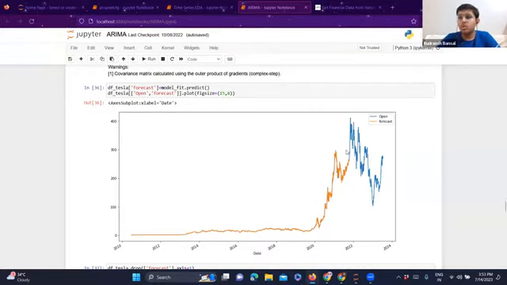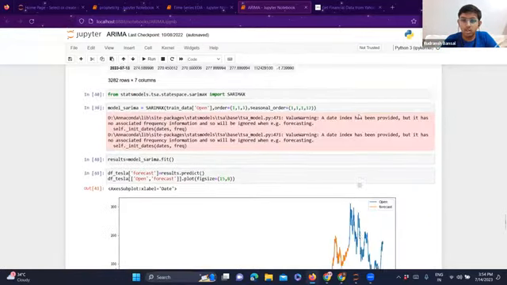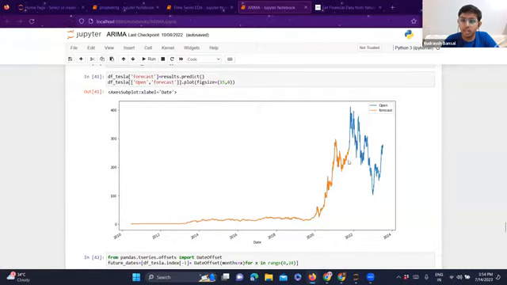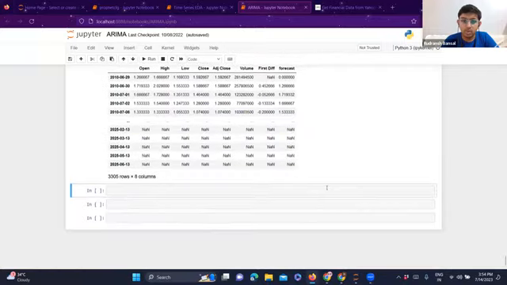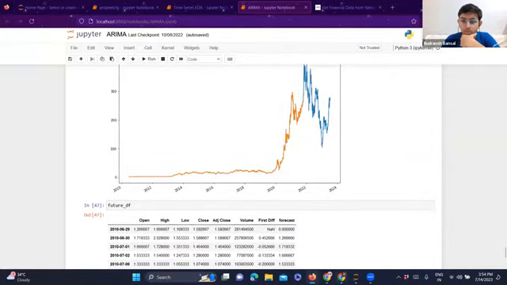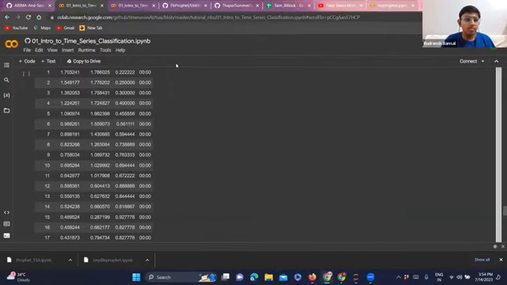Open is the value of the stock when the stock market just starts for the day. So you can see this blue line indicates the value of the stock, and this orange line or yellow line is indicating the forecast. So this is after training and forecasting on the previous values of the data. It's a good visualization. Just look.